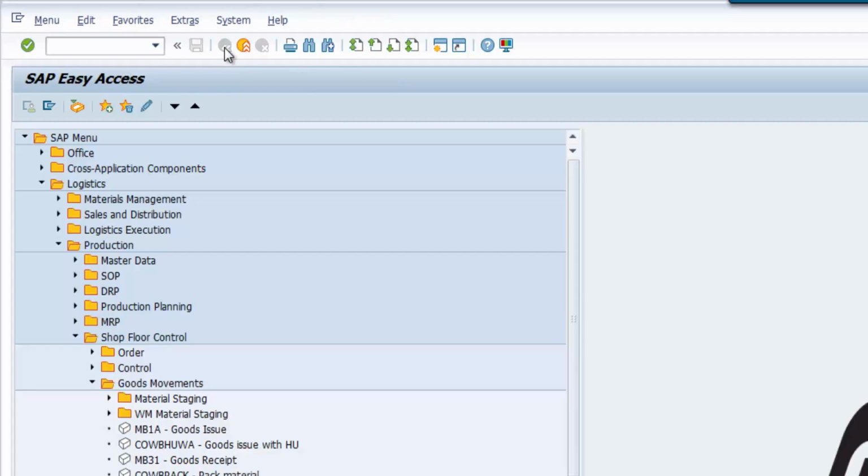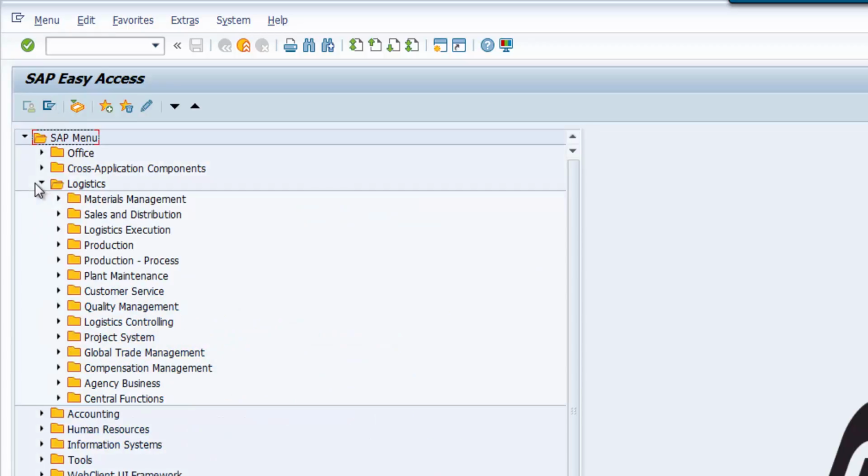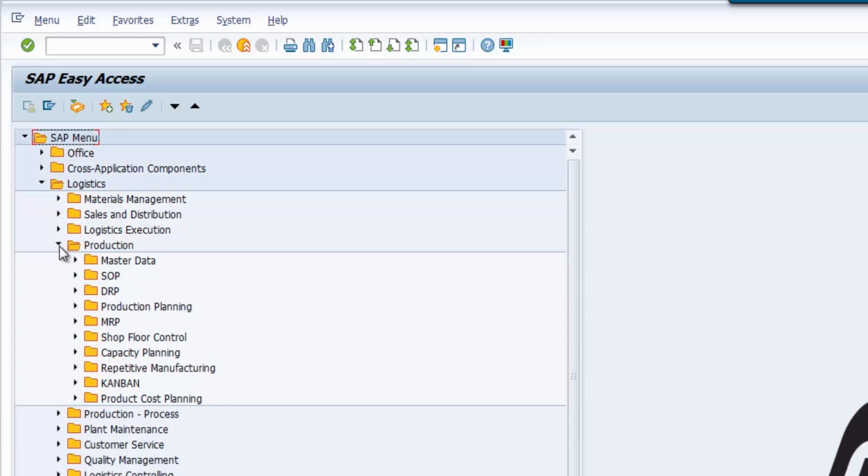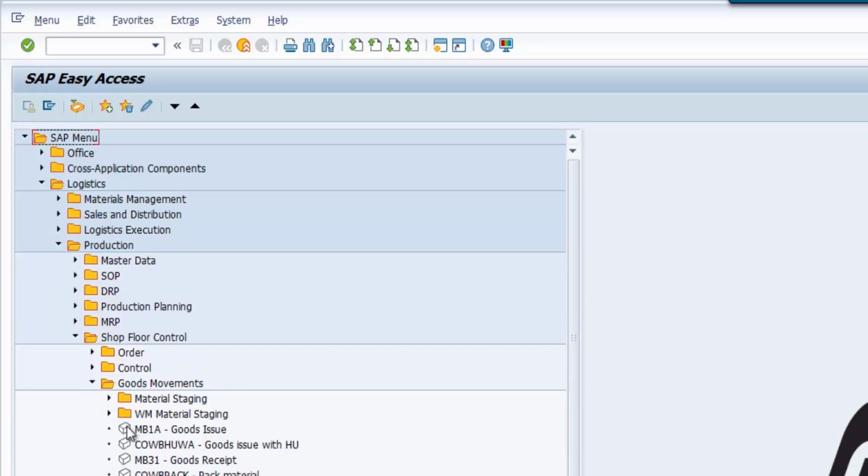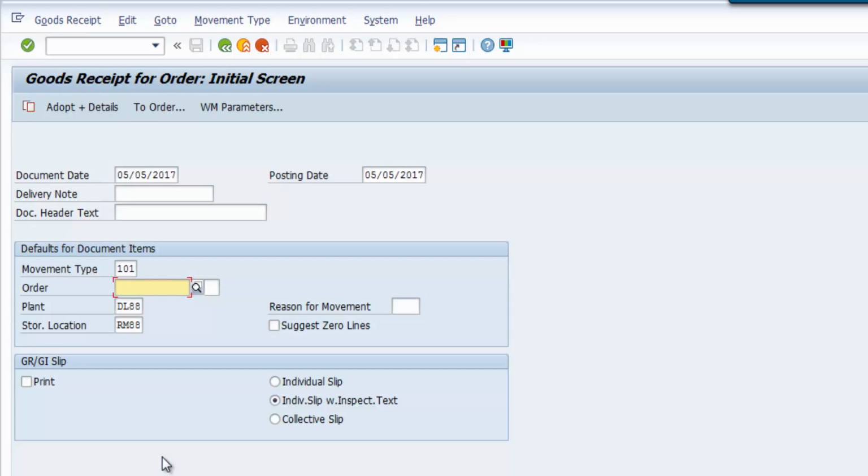And I can X back out and do the final of the 5 steps, which is testing this production to make sure that the items can be received into finished goods inventory. So we can go into logistics. I did a refresh, but we could have probably gone right into shop floor control. Logistics, production, shop floor control, goods movement, goods receipt, MB31. For the movement type, this is goods receipt